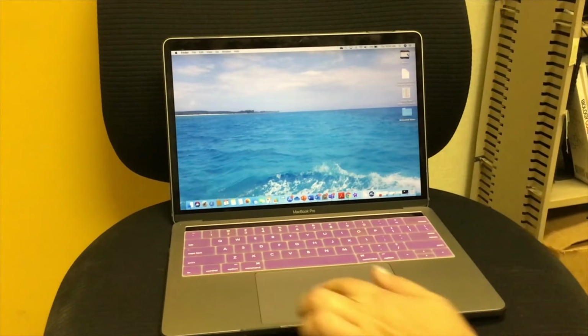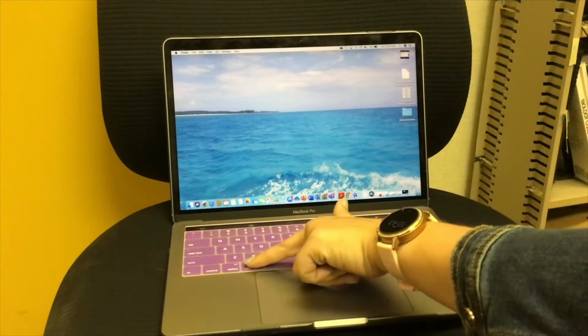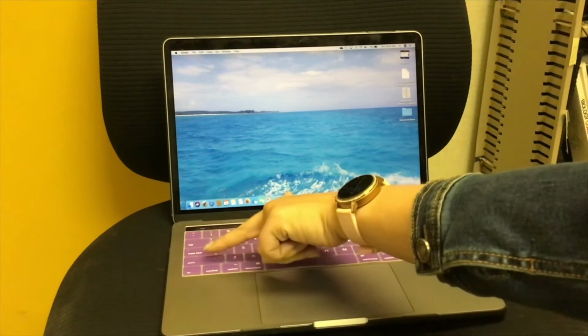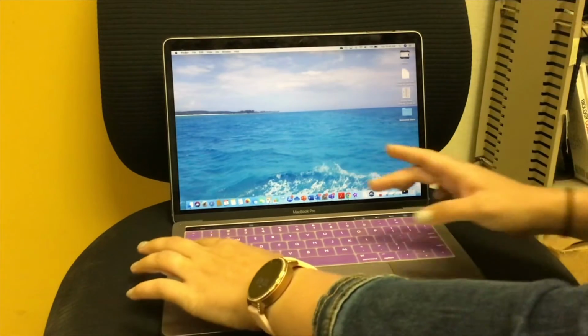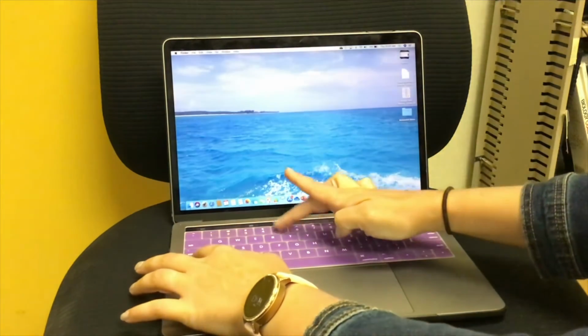Okay, you want to hit Command, which is this one right here, Shift, which is up right above the function key, and 5, and you'll hit all three of them. Command Shift 5, hold them down at the same time. So I'm going to go ahead and do that now. Command Shift 5,